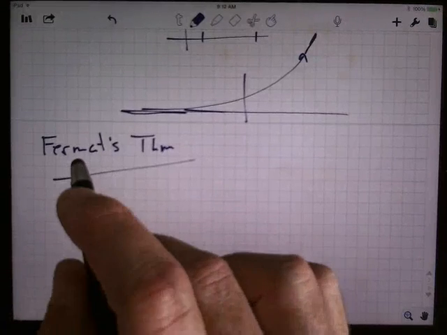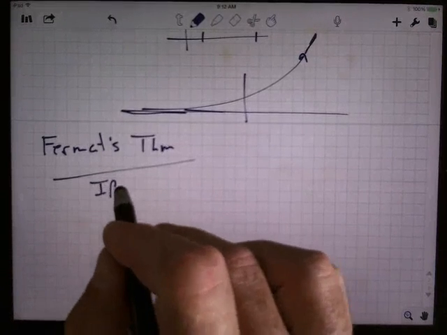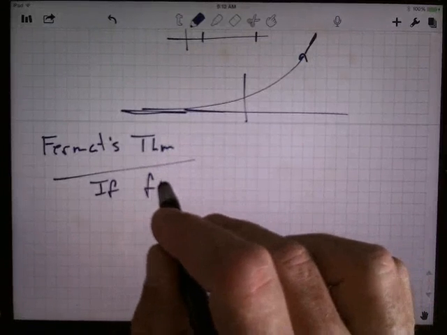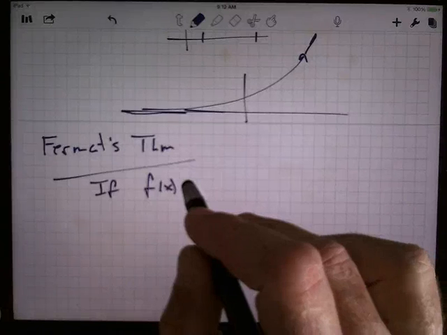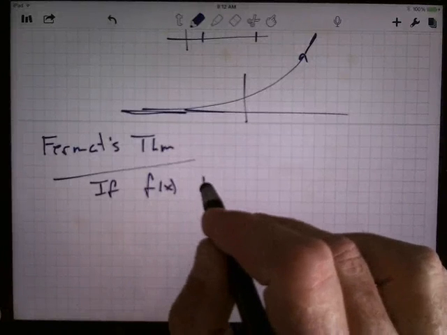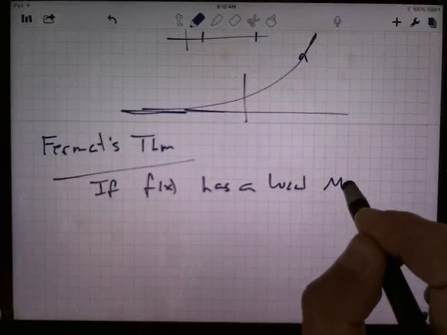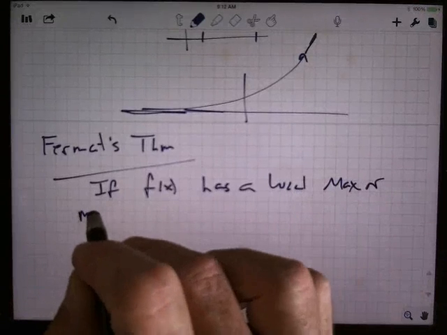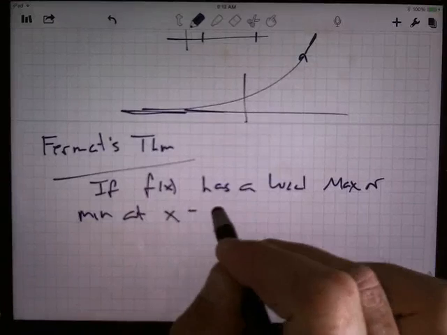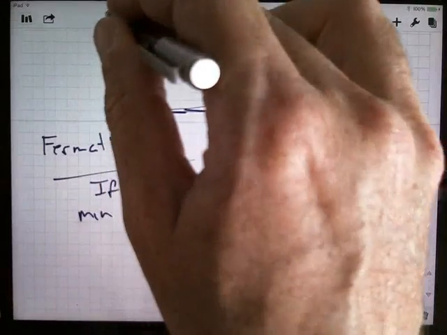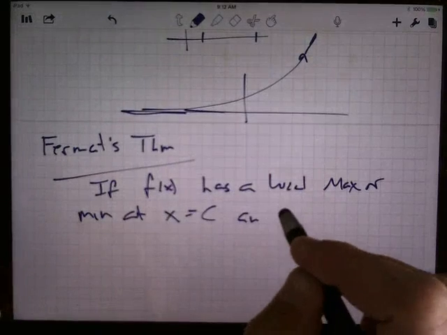But this theorem that Fermat did prove says if f of x has a local maximum or minimum at x equals c, and f prime of c exists, then